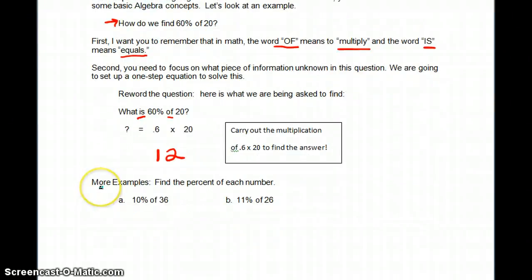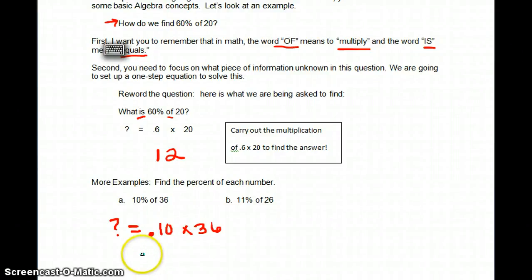Let's do another example. What is 10% of 36? So 0.10 or 0.1, however you want to think of it, times 36. Go ahead and do that math and you're going to get 3.6. Last problem. What is